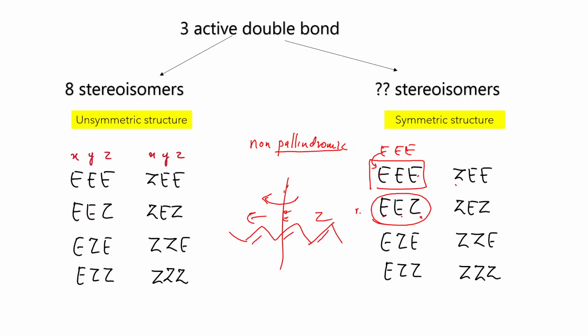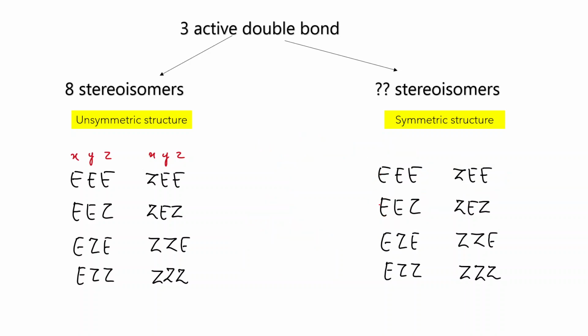And because this sequence is non-palindromic, what you should do, now that you understand the symmetric structure, is that EEZ is the same as ZEE. So you have to look at these non-palindromic sequences, which will appear in pairs, and you'll have to cancel one of them, right? So if you start with this palindromic sequence, that's okay, then you go to EEZ, then you should cut this ZEE, because